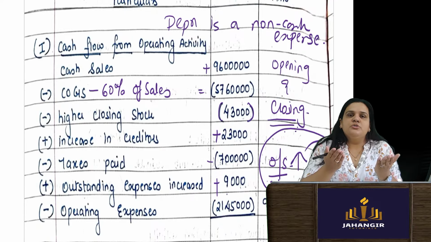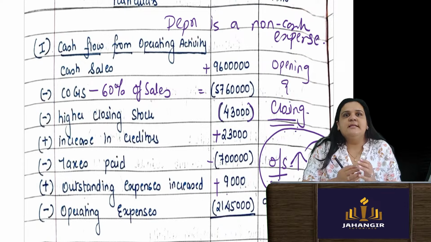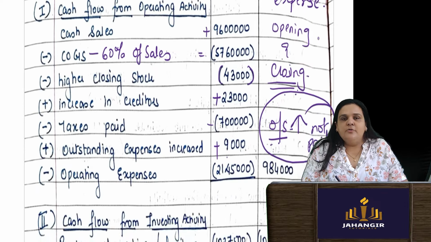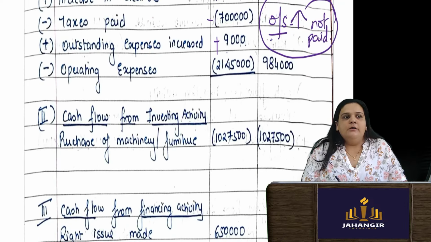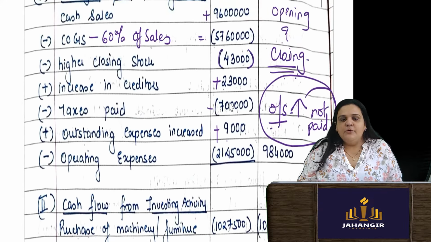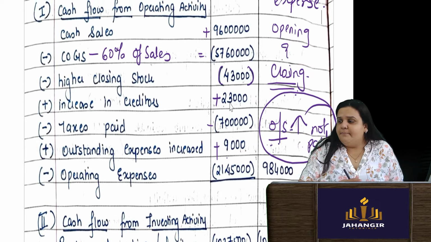Depreciation is just to show as an expense in your P&L. Provision for tax is also just shown as an expense in your P&L. So all that is not related to your cash moving out. Therefore, I am not going to take it into consideration. Operating expenses, subtract. Now, when you do the total, first do all the positives and then subtract the negatives.